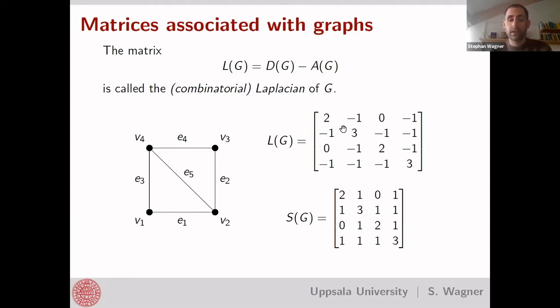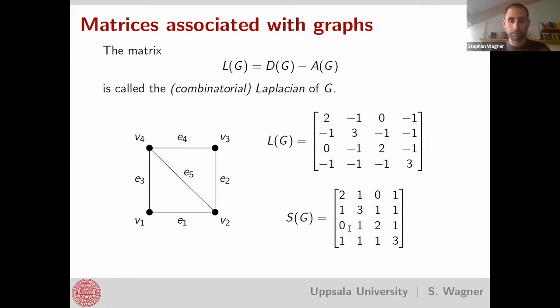So you see along the diagonal, you have precisely the vertex degrees, 2, 3, 2, 3. So 2 edges, 3 edges, 2 edges, 3 edges incident. And otherwise you have minuses where there was a 1 in the adjacency matrix and zeros everywhere else. The signless is exactly the same, but with pluses everywhere. So no negative signs there. The combinatorial Laplacian is somewhat more popular. It has more nice properties than the signless Laplacian,